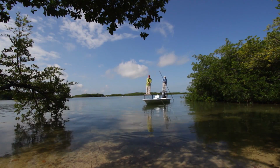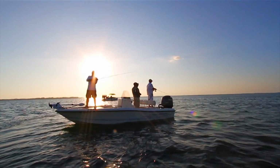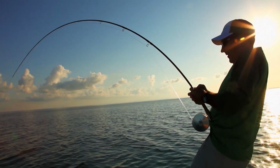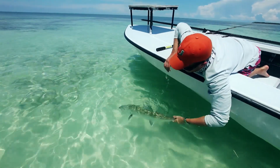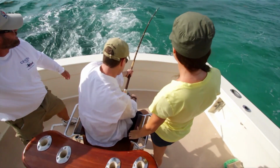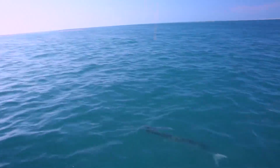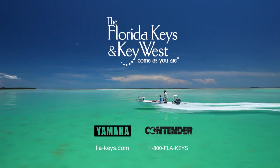It's one of the most ancient forms of hide and seek known to man. And nobody knows how to play the fishing game better than the backcountry guides and offshore captains of the Florida Keys and Key West. Ready or not,